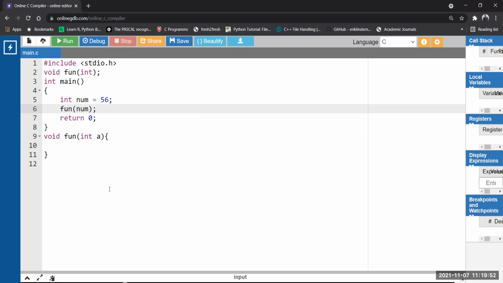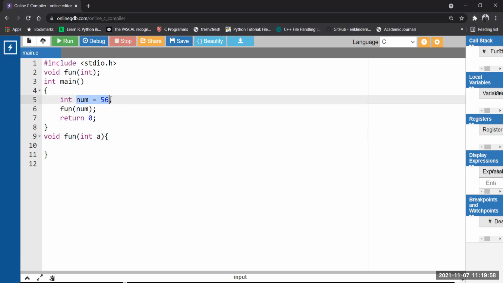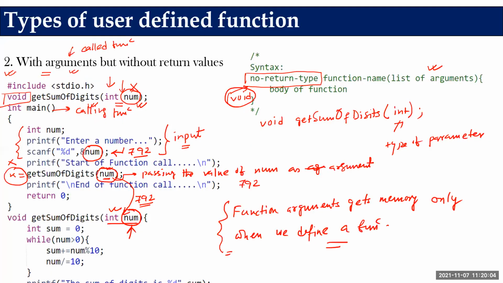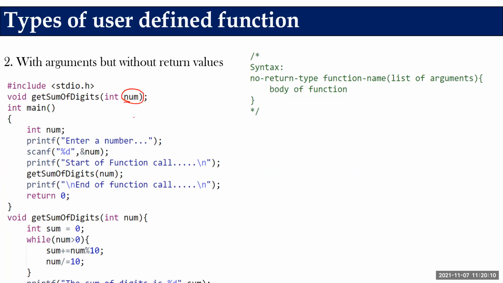Now see here, the name of the parameter in the function header is different. The name of the value that I am passing from main is different. So this is the point I am telling. Although in this example I have taken the same name in the declaration, in the definition, and while passing the value, it is not required. You can give a different name. Why? Because this num is a local variable, local to main only. And this is an argument of the function, correct? So again, definitely it will be local to the function only.